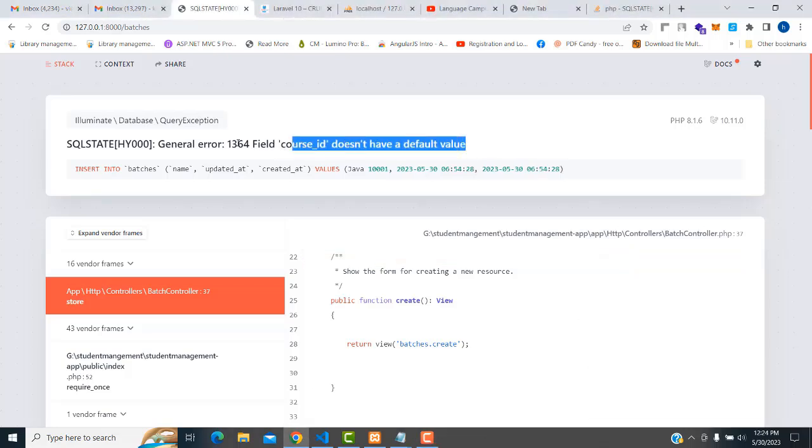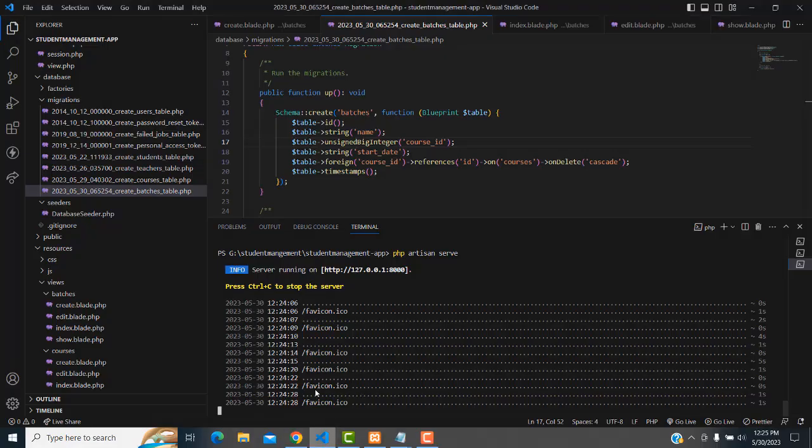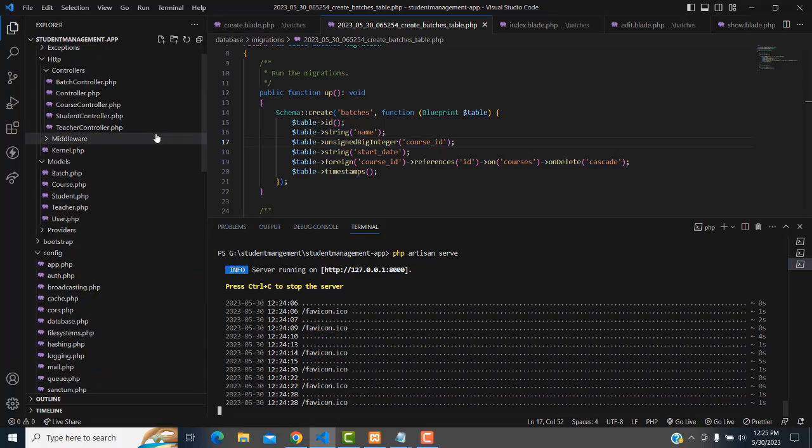If you get the following error on the insert statement, it is because the name field value is not being sent. That's why it tells you the error: field 'column ID' doesn't have a default value. So what you have to do is go to the